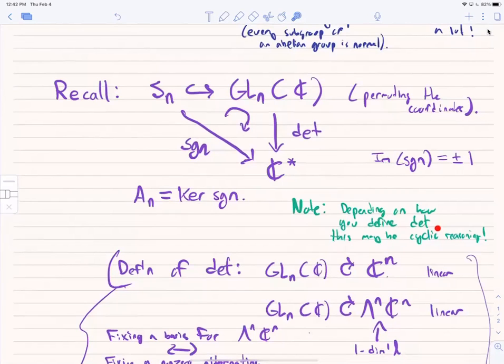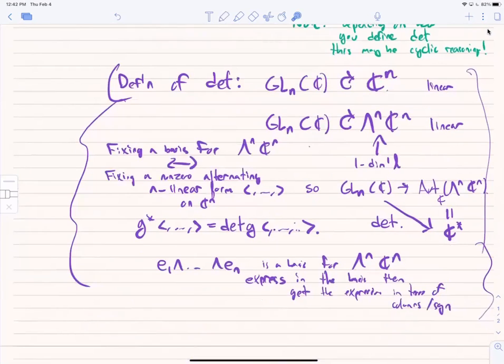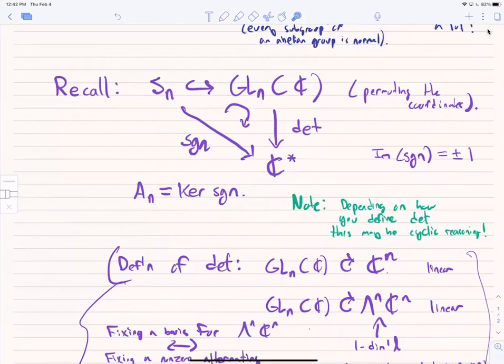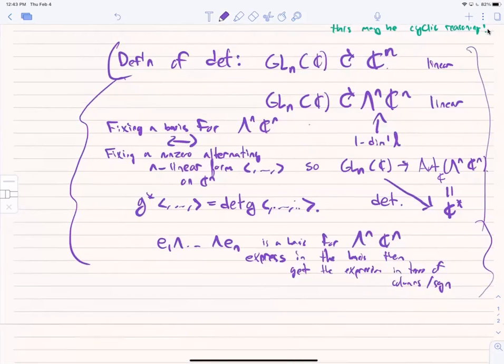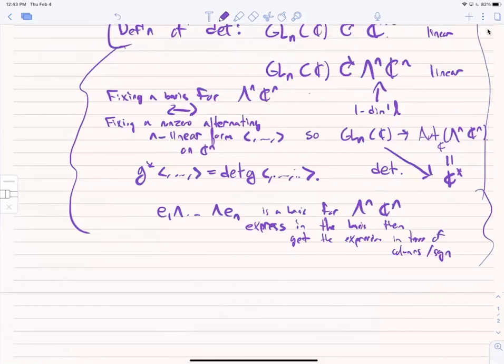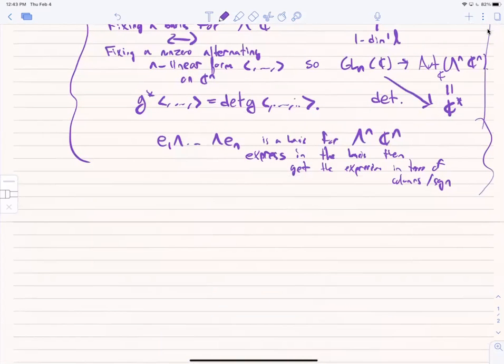even though if you define determinant one way, this will be a cyclic definition, actually the natural way to define determinant is this way, and this didn't use anything about the sign function in the definition. It proves the determinant is a homomorphism, and then you can restrict it to Sn. That's the homomorphism. Okay, and so, I mean, as a corollary of the definition,